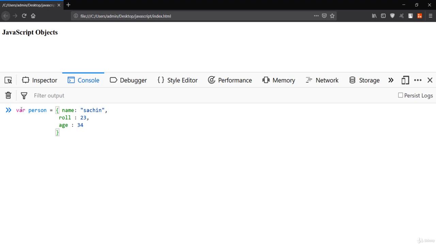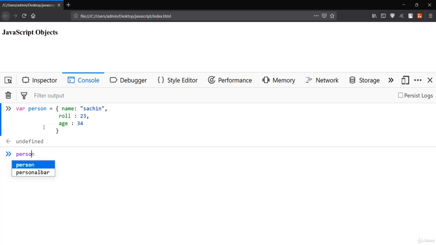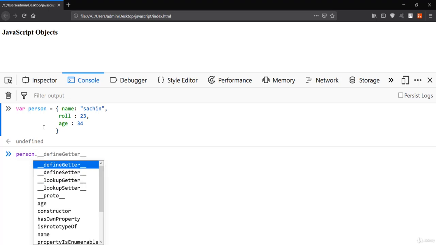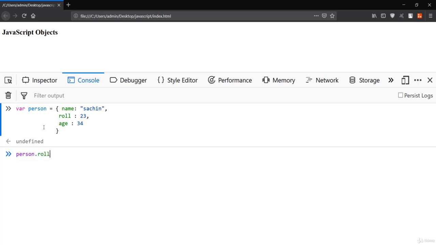Okay, now I have created the person variable, which is the object. Now if you want to access this role of this person, you have to do something like person, give the period, and use role. Then you could see 23 over here.